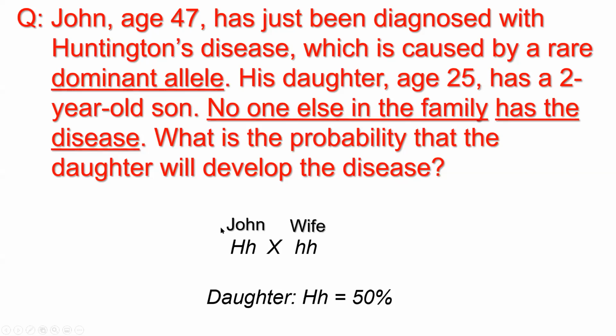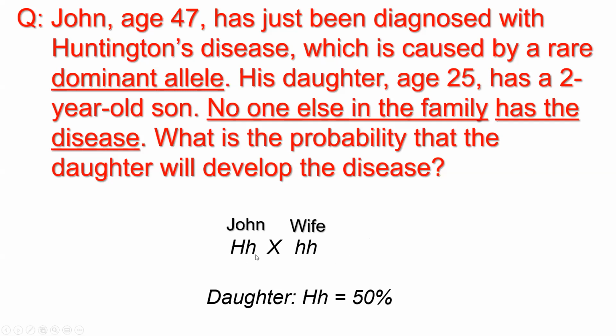So you look at the genotype for John. If we denote Huntington disease with the letter H, capital H here is dominant, small h is recessive. So John is heterozygous dominant, okay? His wife is homozygous recessive and she doesn't have any disease. So when you look at this genotype for John and his wife, you are going to expect that his daughter, or any kid he has, every time his wife is pregnant, there is a 50% chance that they will be diseased.